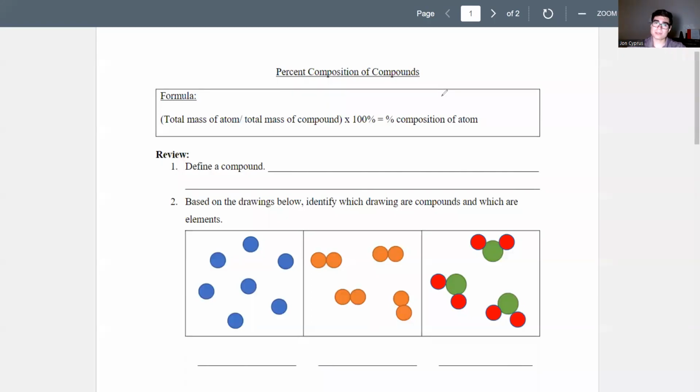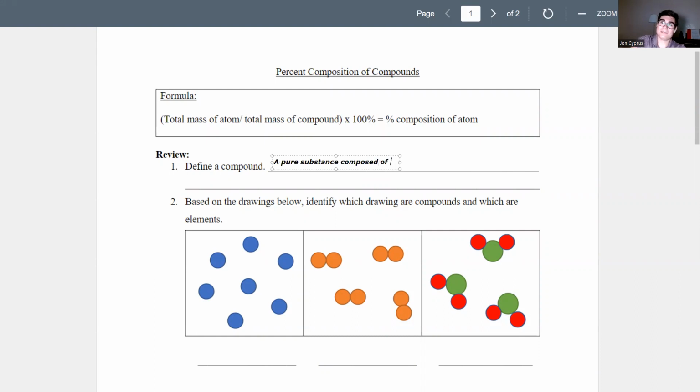Okay, so for this one, percent composition of compounds. This is the worksheet. We're just going to work through this. For number one, it says define a compound. So from our first worksheet, a compound is a pure substance